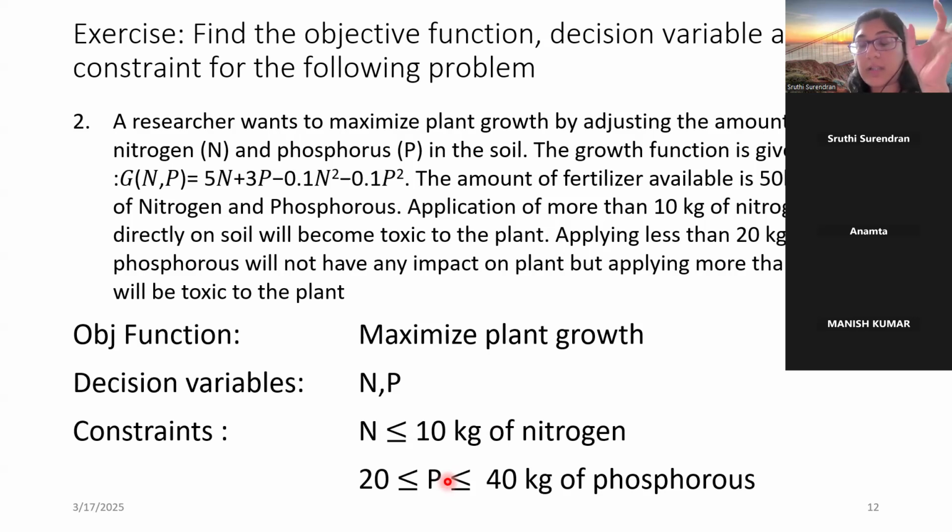So this is the general idea of what optimization is. What is an objective function? What are the variables and what are the constraints? We won't be going a lot into the detail of linear, non-linear, and the many types of optimizations that are there. This is very simple algebraic equations where you can manually find it out. But in real world problems,